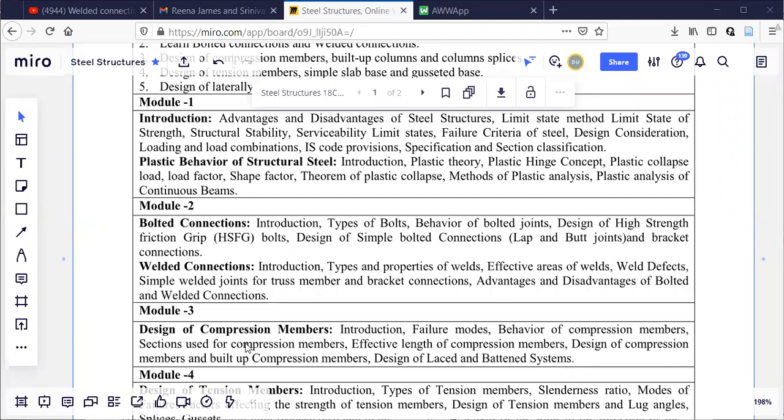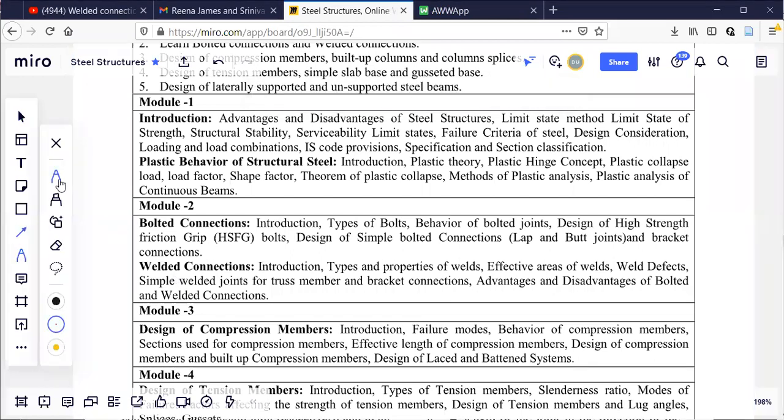Now you can see this one here. What is there in module 2? Module 2 is all about bolted and welded connections.